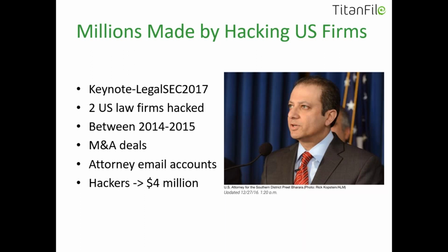And what they did was they actually targeted attorney email accounts, and they were tracking all the correspondence going between attorneys within the firm as well as with outside parties to see when the mergers of two big deals, billion-dollar, multi-billion-dollar deals, would happen. I believe one deal was $9 billion and the second deal was somewhere in the range of $16 billion. So companies buying other companies, and these hackers were able to gain insider information on the terms of the deal and when the deal was going to happen, and as a result profited over $4 million from